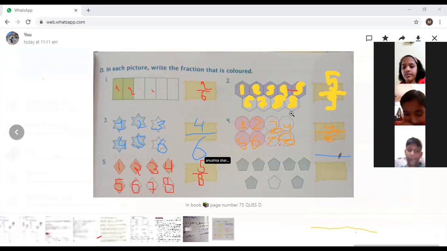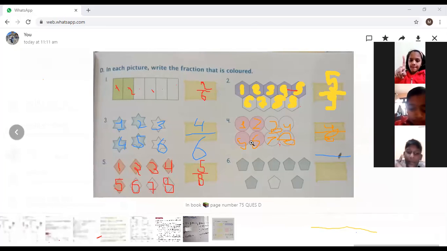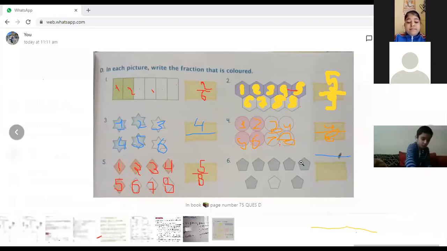Okay, last one. Be quick. Only 1 minute is left. If somebody is going to be quick, Samar, try and be quick. Okay, ma'am. Ma'am, in this, there are one. Anushka, stop it now. Bhavishya, you also stop it. Bhavishya, start. Oh, sorry. Ma'am, I start. Samar cannot zoom it. Arey beta, you will not be able to zoom it. Only I will be able to zoom it. Okay. Can I try? Samar, write properly.